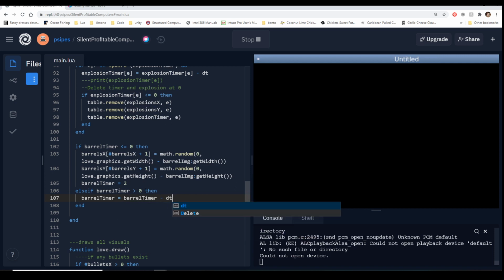So we want to take the timer that we have and subtract whatever the frame change has made, so the time that's taken between the frames. And that'll get our timer counting down for us.